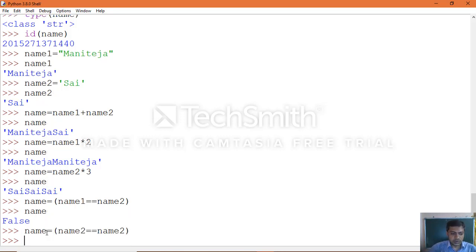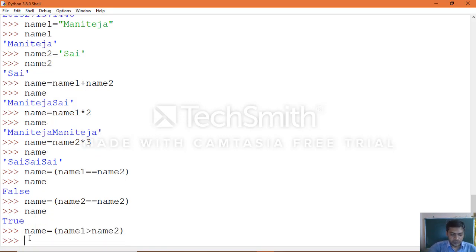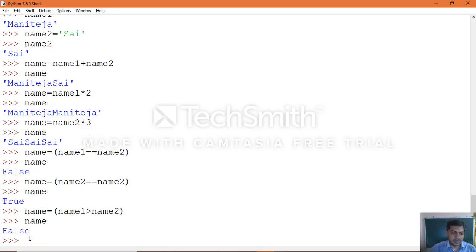Now print it and see the output. True. In the same manner, name equals name1 greater than name2. Then print the name variable: false, because m is not greater than s. So you change it now, let's see what happens.